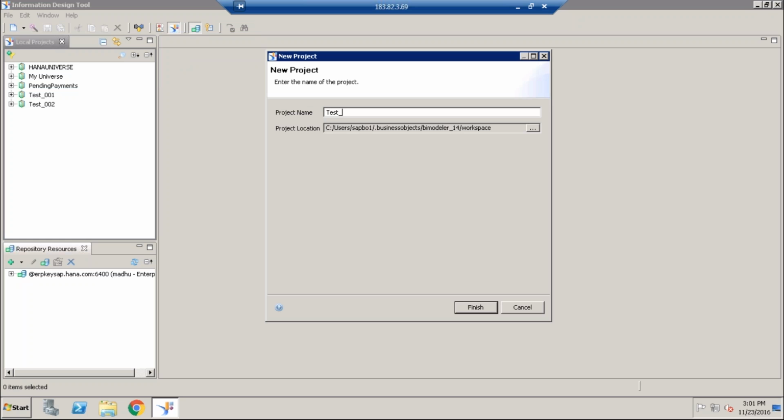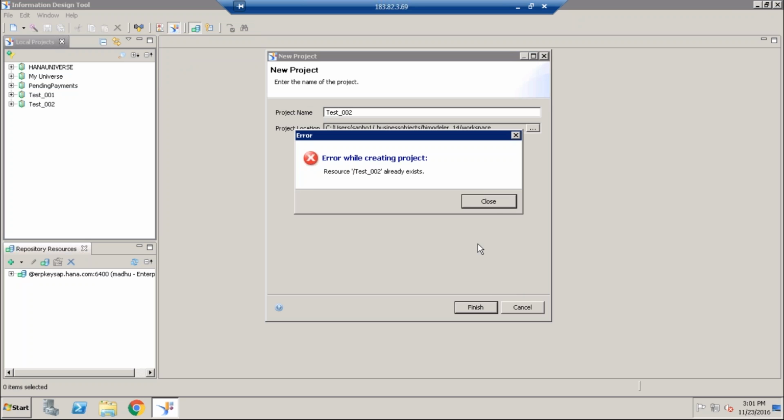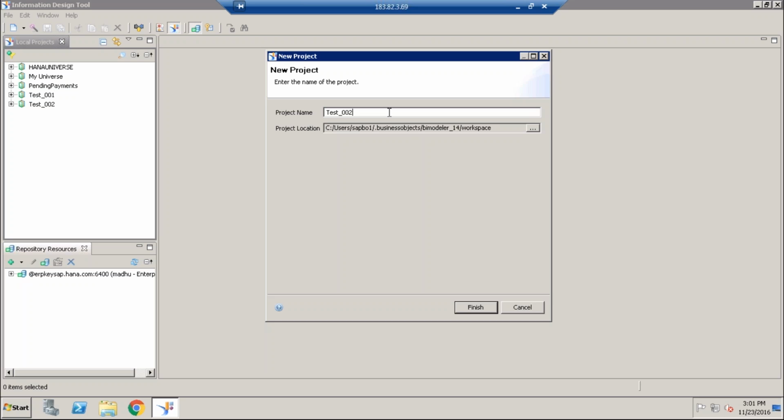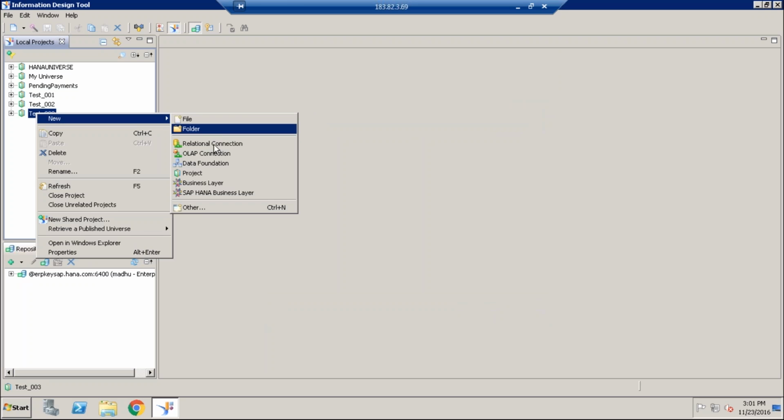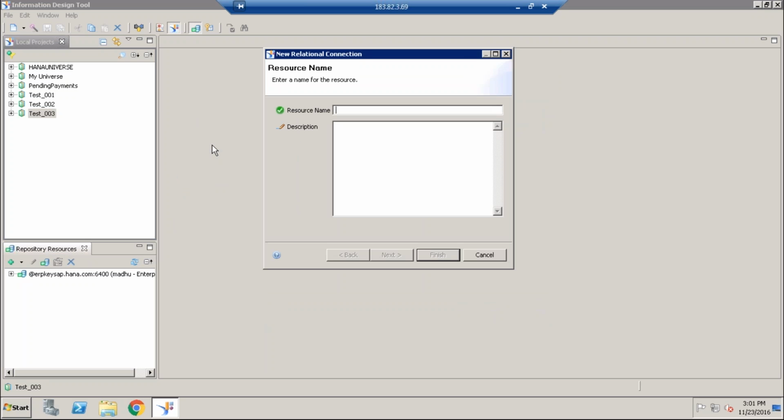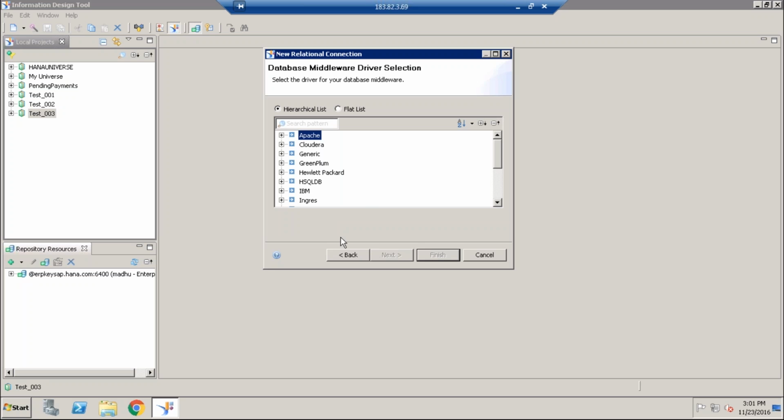Test underscore 002. Oh, the name already exists. We need to change the name. 003 or something. Yeah, 003. Next, and the relational connection underscore relation. Next one we do is